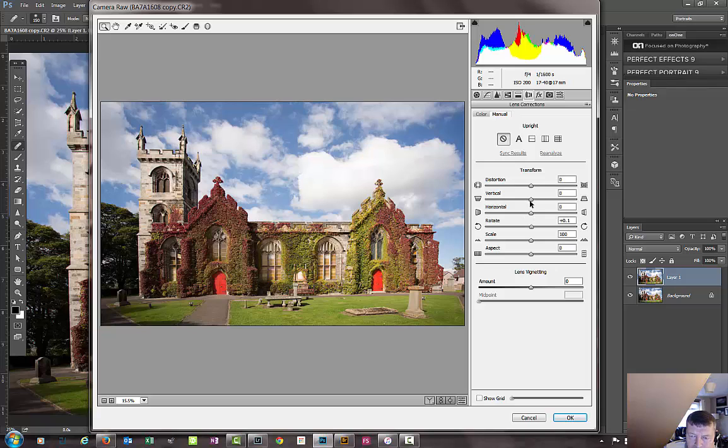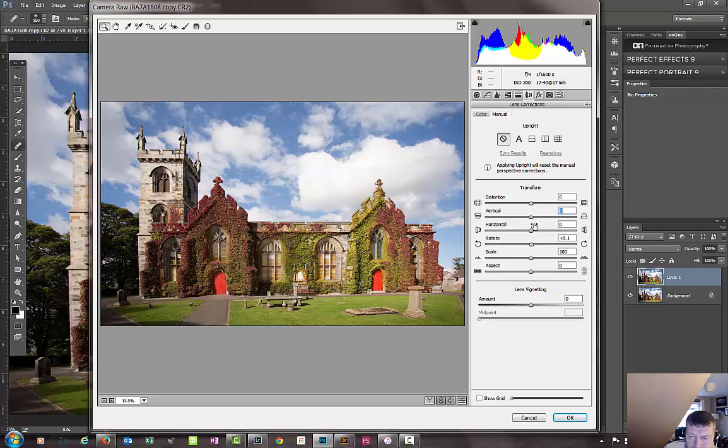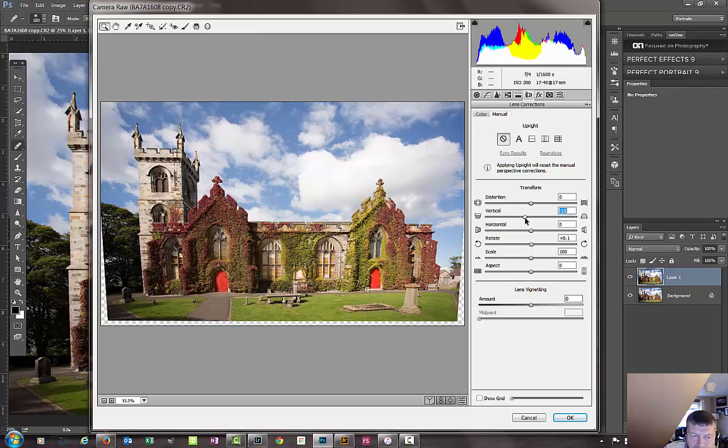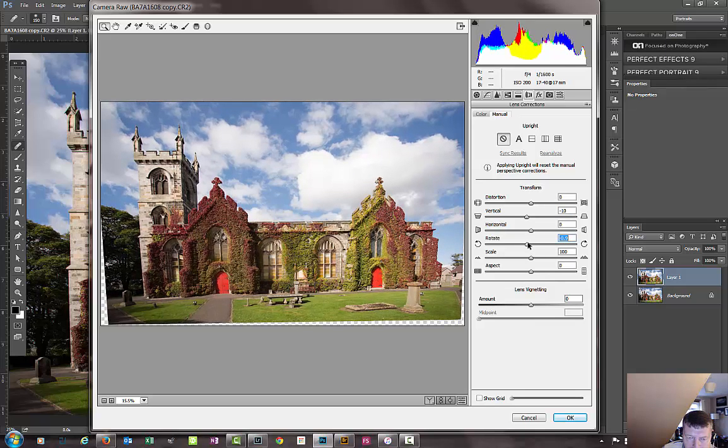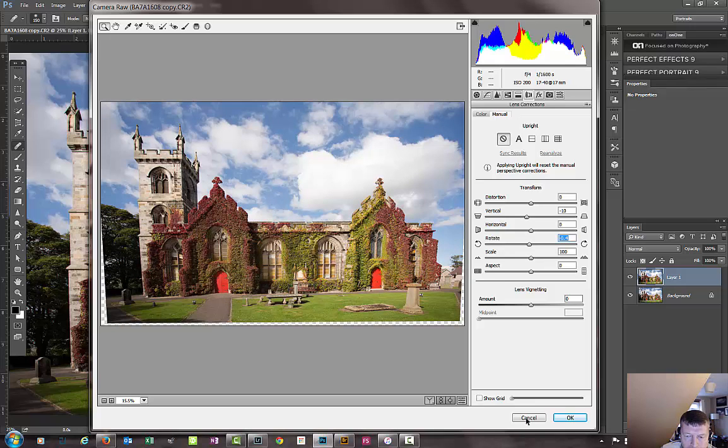And we can also have a look at the vertical distortion in here, and we can do that, and it gives you a bit more of that. And again, very small alteration, but I think that looks more likely. Yeah, I'm happy with that. So now we're coming back to here,